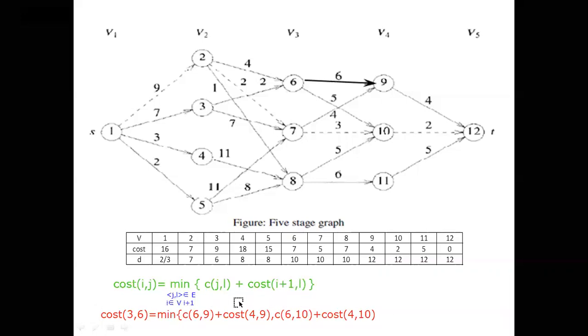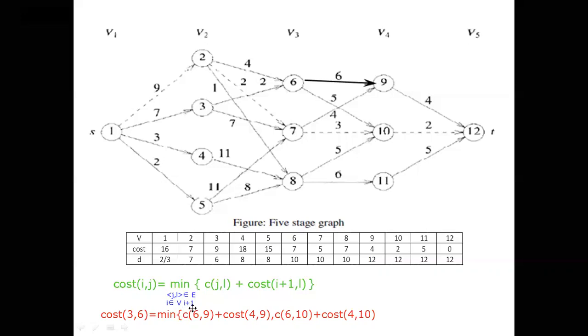And what is written in the blue font: j comma l. What is j comma l? Already 6 comma 9. 6 comma 9 is an edge. That's why it says j comma l is an element of edge. It is an edge. And i is an element of V of, it is a suffix only, V of i plus 1. What is the meaning here? i is a stage.